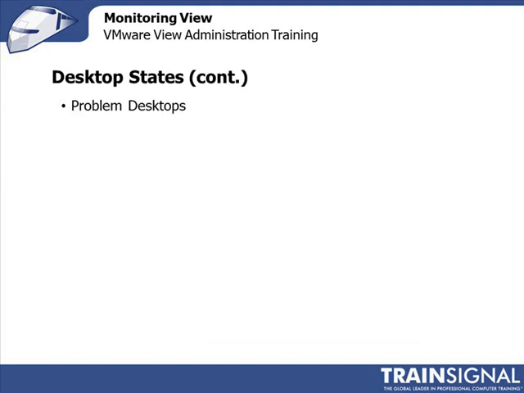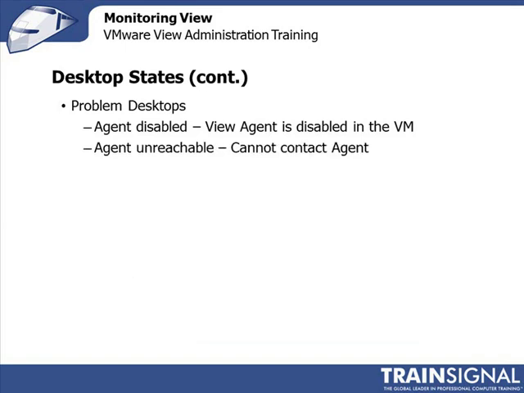The next major grouping of desktop states is the problem desktops. The first of which is the agent disabled, which obviously means that the agent within the VM has been disabled. An agent unreachable means that the connection server cannot talk to the agent for some reason. There are many reasons why this could be, anywhere from a firewall rule to a VM not connecting to the